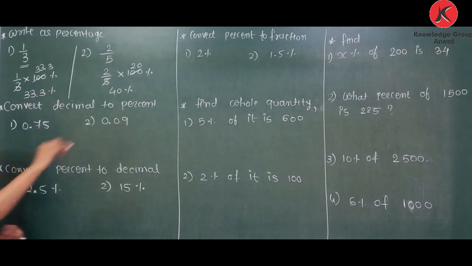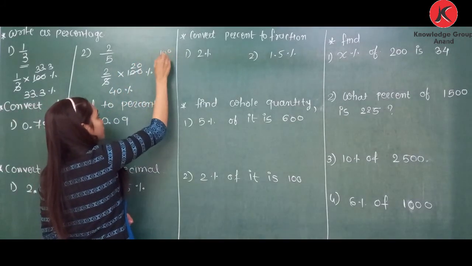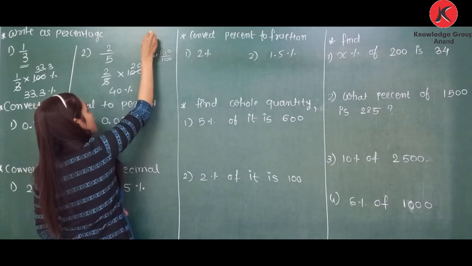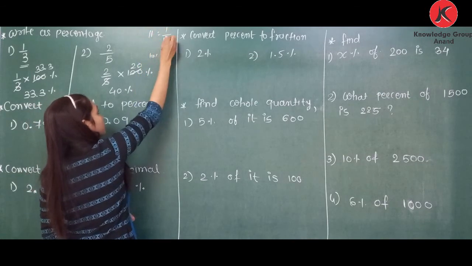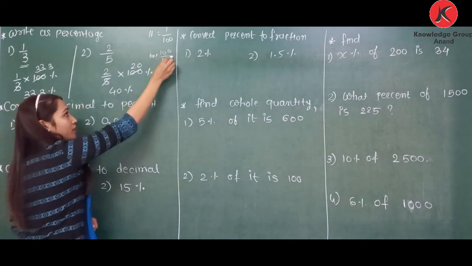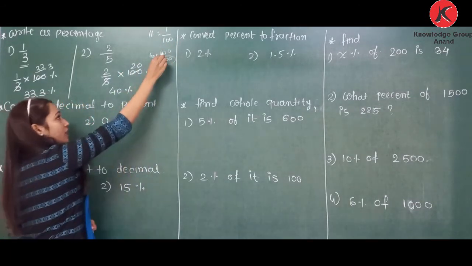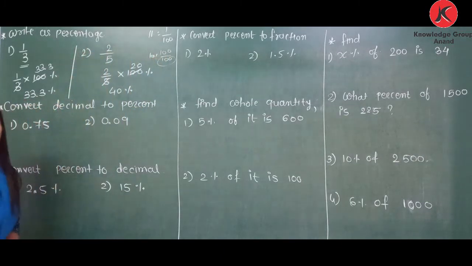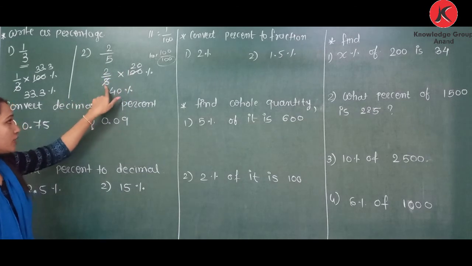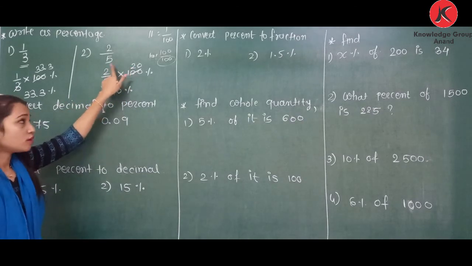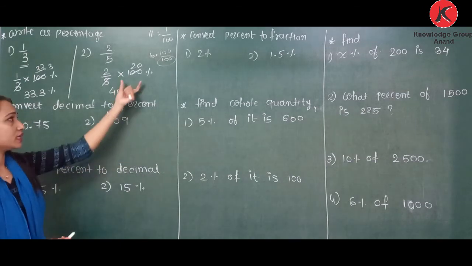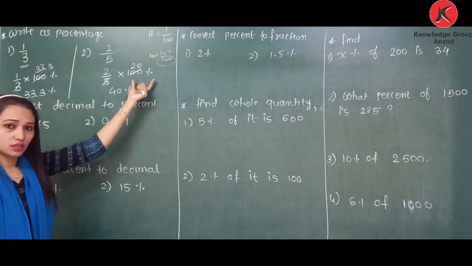100% means what? It is 100 by 100. Why? Because 1% is equal to 1 by 100. So 100% means 100 by 100. Now we get a denominator of 100. So we can cut this 100 by taking the denominator 100. Here if we write 100 by 100, so again 5 20s are 100. It will be 40 by 100. So again it is 40%. So you can directly write it with 100%. Clear?